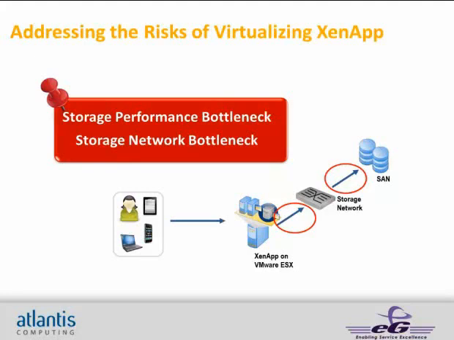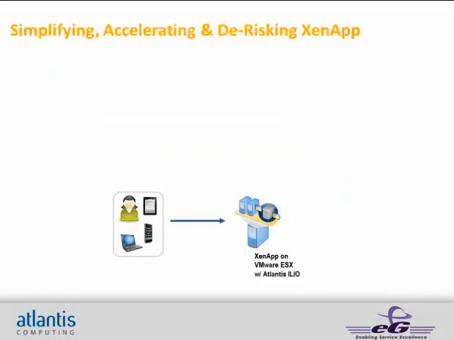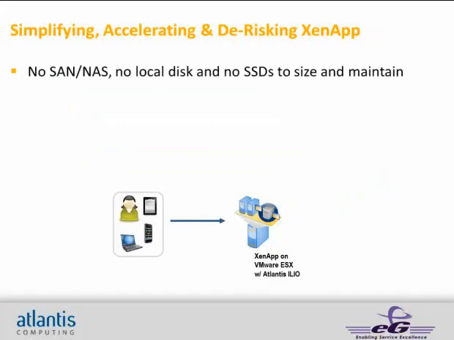So, as you can see, we've been talking for the last 10, 15 minutes around what the Atlantis IO technology can do. We're focused on doing two very specific things. One, eliminate the storage performance I/O bottleneck. How? By using software, compute, and the RAM on your server to become virtual storage. Don't use physical storage. Use virtual storage created by the Atlantis IO on top of the RAM that's on your server. Two, eliminate the storage network bottleneck completely by actually servicing all I/O requests that the VMs are generating from